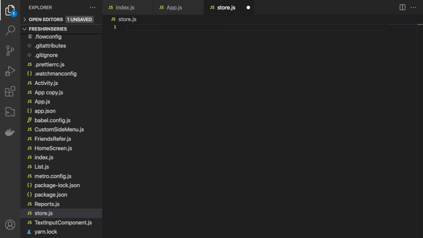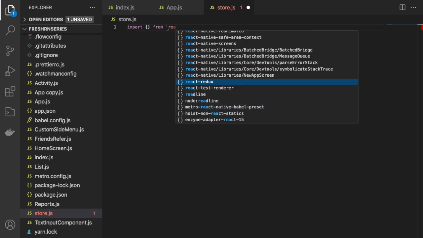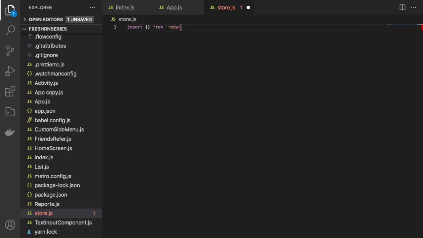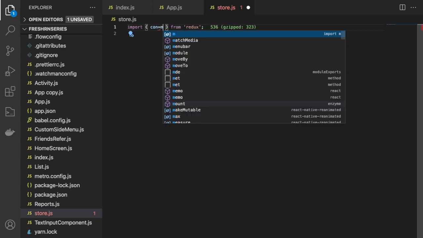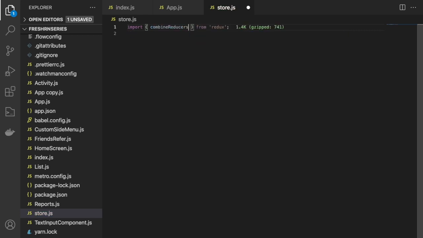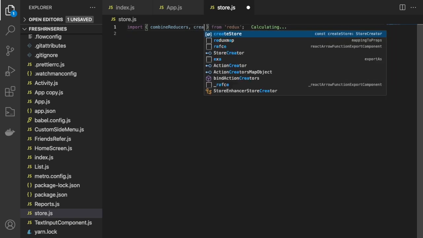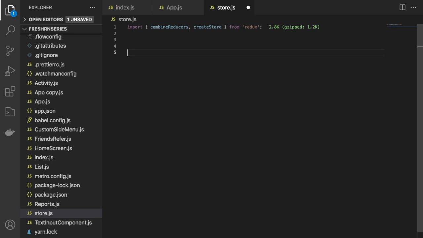Here we have to import, first of all, two most important things from Redux. What are those important things? First is combineReducers. Then the second one is createStore.